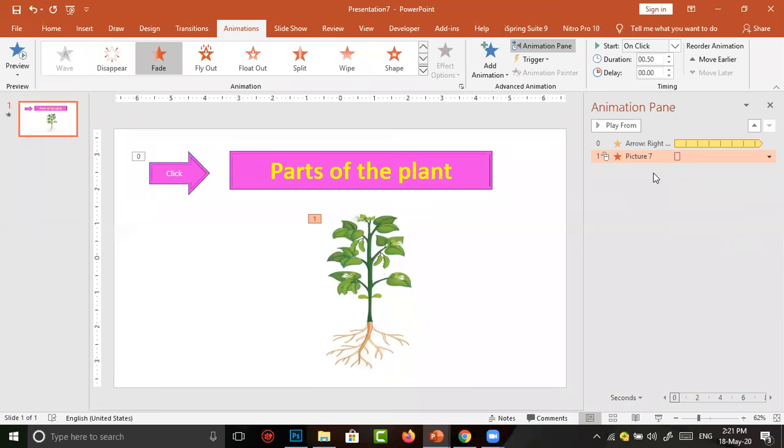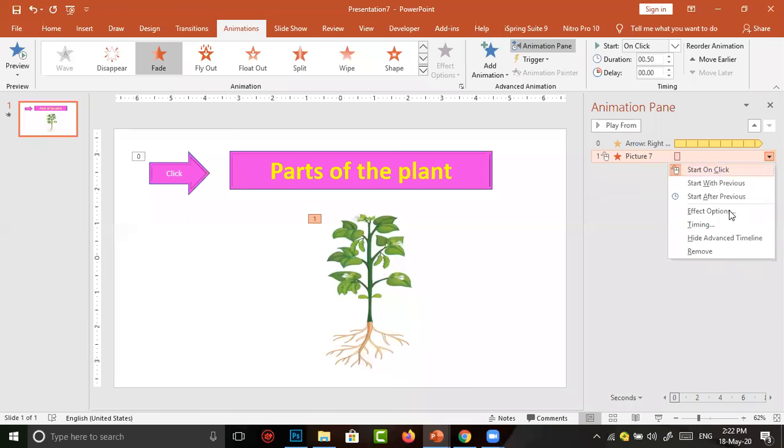Okay, but when should this animation happen? What is our task? When we click on parts of the plant, it should disappear. For this, we have to do a small thing. Go to the animation pane, select the second animation we have given and go to the down arrow.